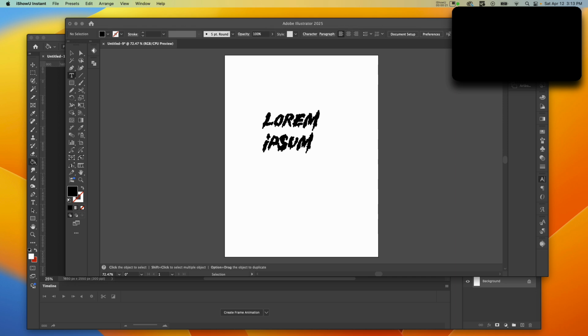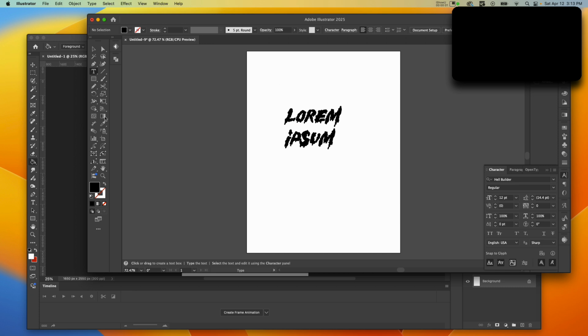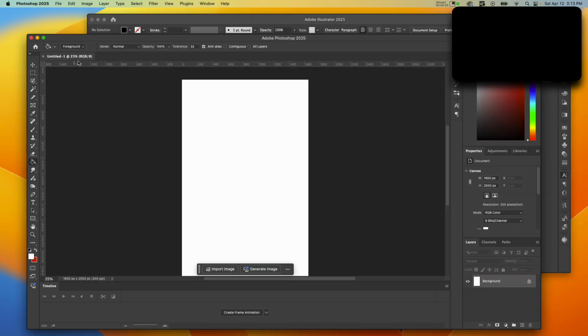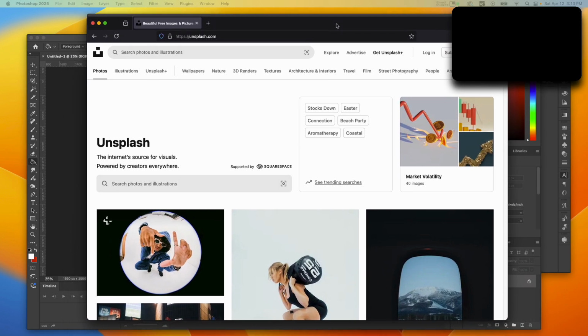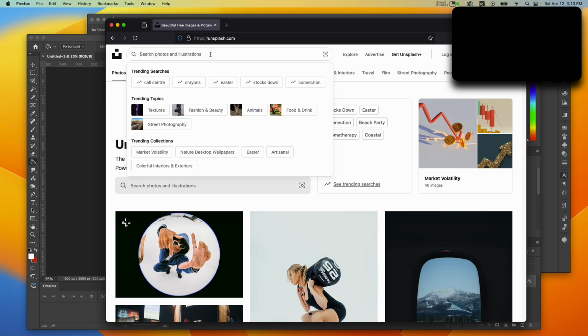A typeface that I made a couple years ago called Hell Builder, and we're essentially going to make zine pages. So here you can see I have an Illustrator document open and a Photoshop document open, and I'm going to bring over a web page for Unsplash. We're going to be using some